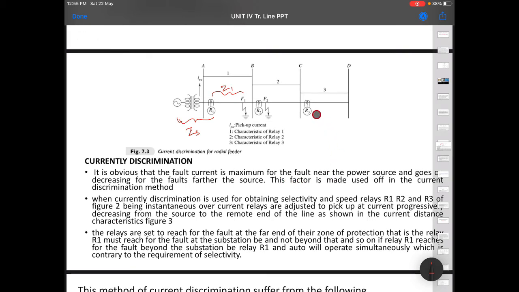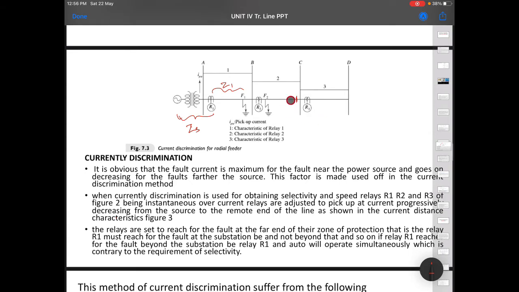For example, this relay should operate if the current is above 50 ampere, correct, above 50 ampere. But what happens here, if the current is 100 ampere, then it's fine for this. If it is above 100 ampere at this point, this should trip.